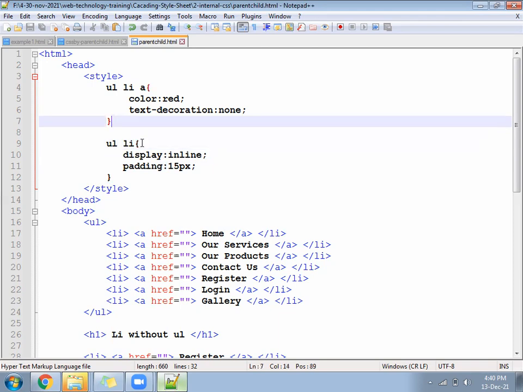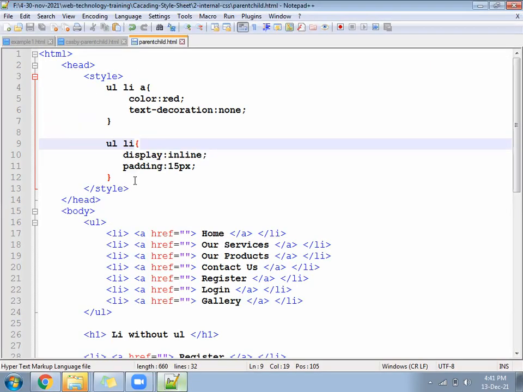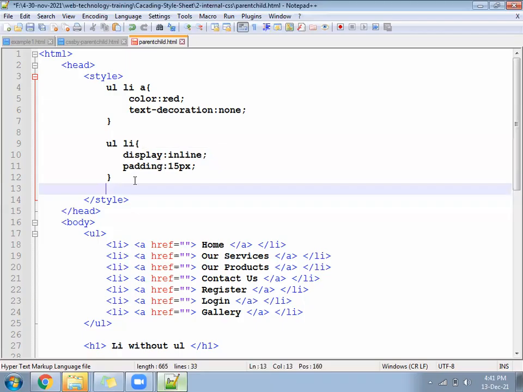Go next. Check now. It should happen here only for the main LI. It should not happen for child LI. We are able to address a child of a parent. Let's go now. No padding.